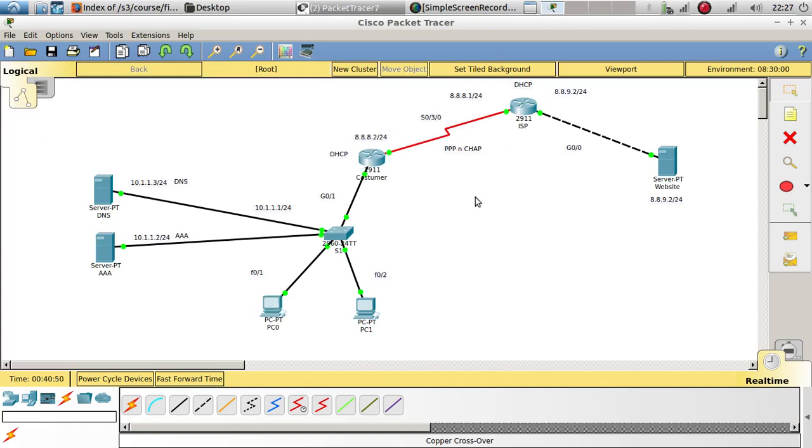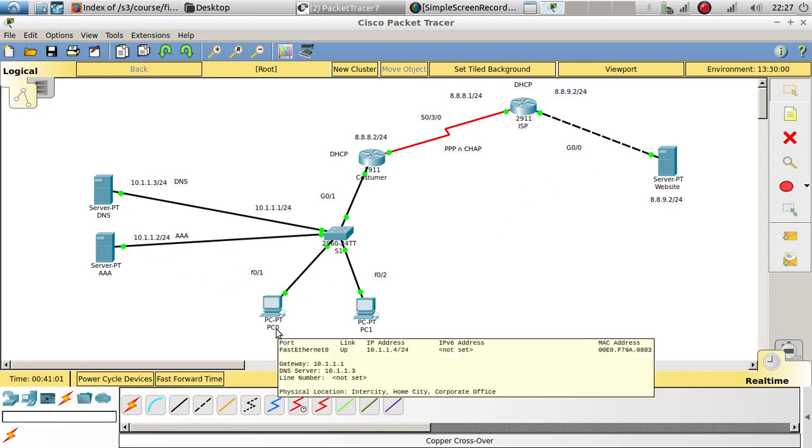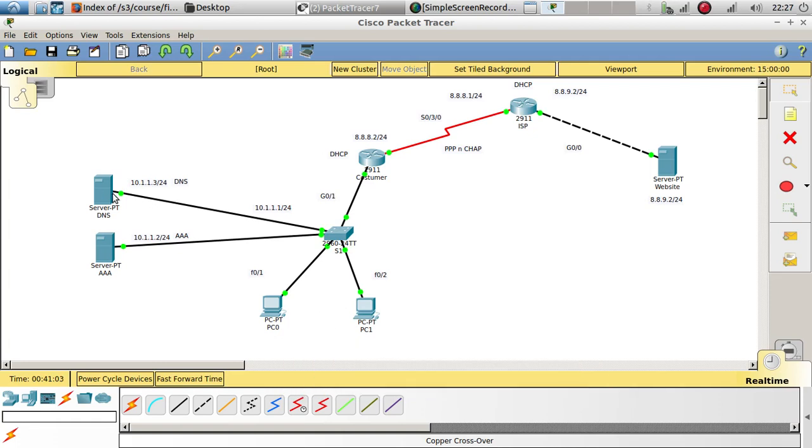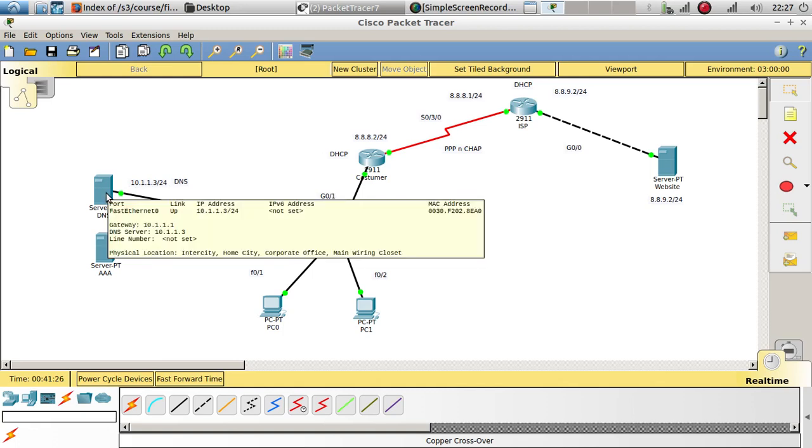So this is great, guys. This is all good now. And what this is doing, actually, I'm going to show you how everything is working. What I'm doing is I configured this DNS server over here. So when this computer is trying to reach cisco.com, it asks the DNS for the IP address of the Cisco website. So when we do who is cisco.com, it goes to DNS, and the DNS server sends the IP address of the cisco.com website, which is